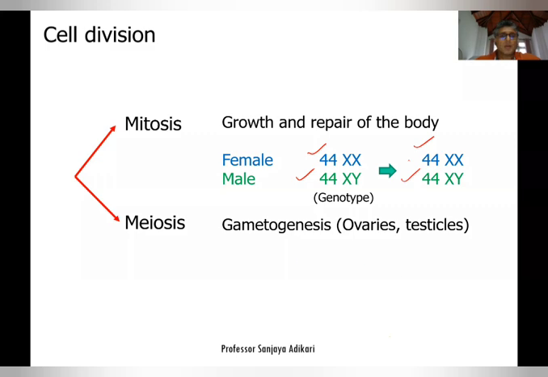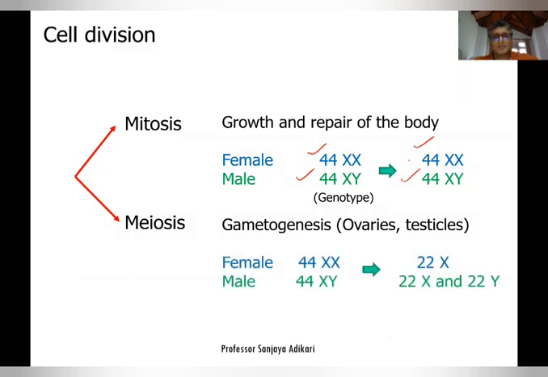And when it comes to meiosis, on the other hand, if the female is 44XX, the ova that are produced would be 22X, half. Okay, half of the chromosomes would be there. And if a male with 44XY produces sperms, they would be either 22X or 22Y. So you will get a mixture of 22X and 22Y sperms. So when they meet,